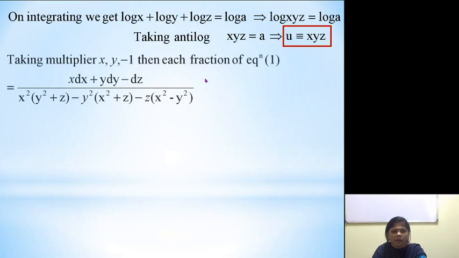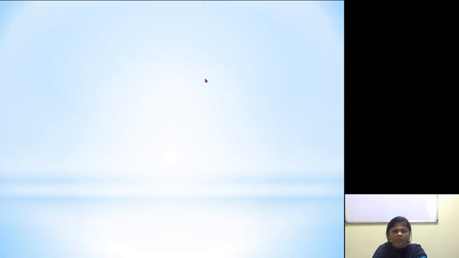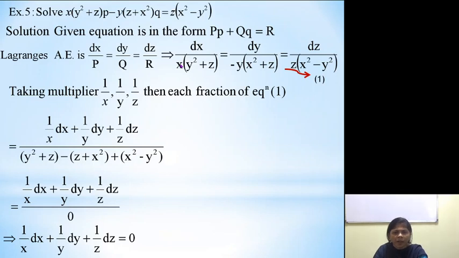Now the next one, for the next set of multipliers, if you observe this, here we have x which gets cancelled. Let us try to make the power of this the same. So it is x square, y square. Here also if I want to cancel out this, I have to multiply this by y. So y square, x square, and here it is x square y square minus. It will get cancelled, and here we are left with xz, and here we get the term of yz. So this needs to be multiplied with 1, right? So let us see whether we get the result or not.